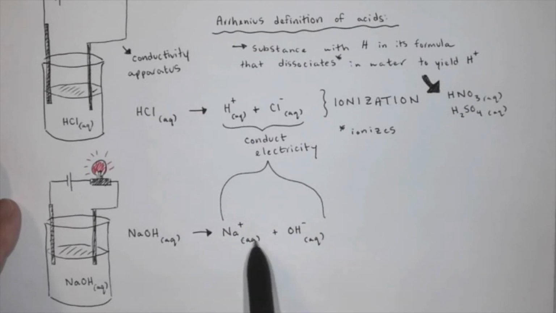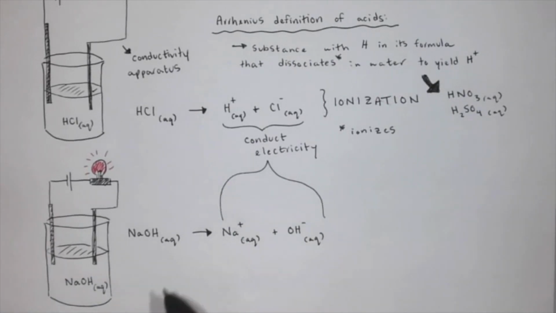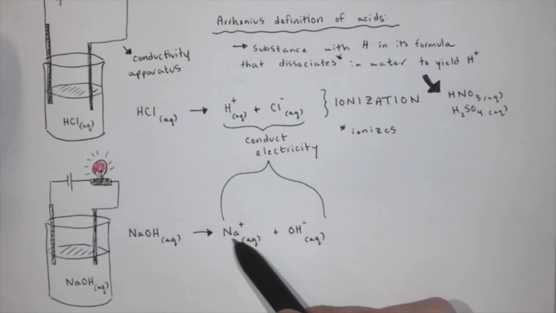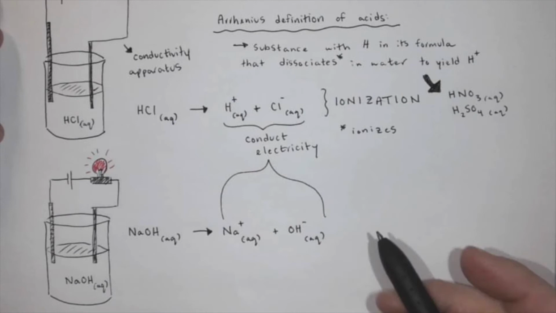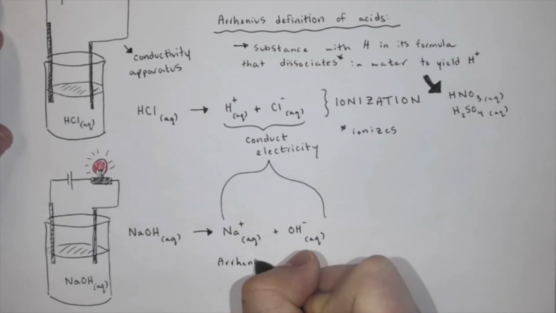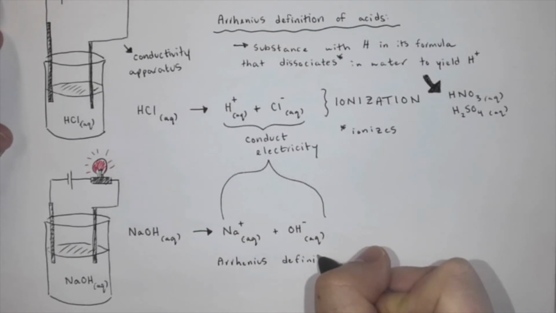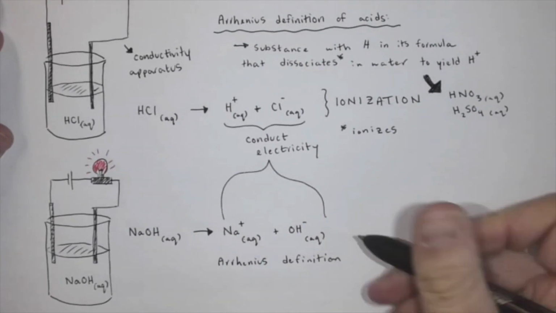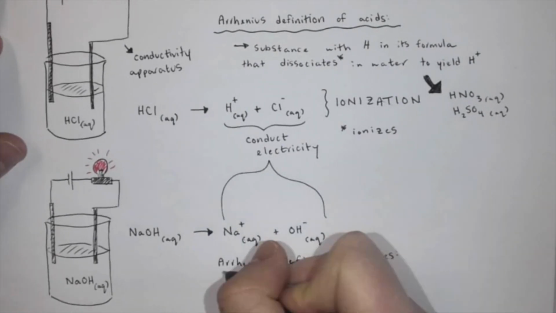This is, remember, a dissociation. This is not an ionization because we start with an ionic compound. It dissolves, the ions dissociate, and we get the conduction of electricity. So this led to the Arrhenius definition. Make sure I spell it correctly. The Arrhenius definition of bases,